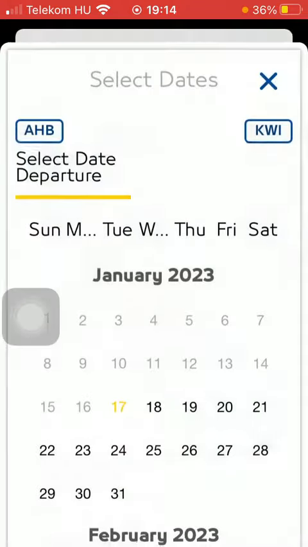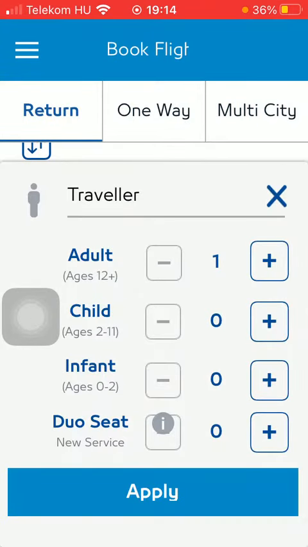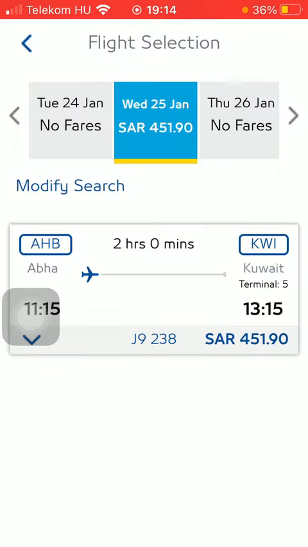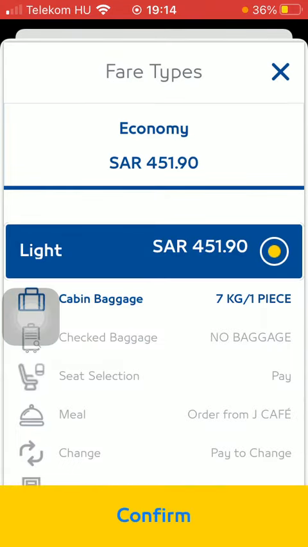Then select the departure date. Then your return date. Click on the number of travelers and select the number of travelers. Then click on the apply button and click on the show flights button, and here you can select from the available flights and tap on it if you would like to